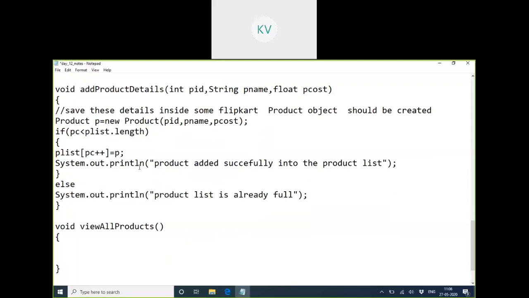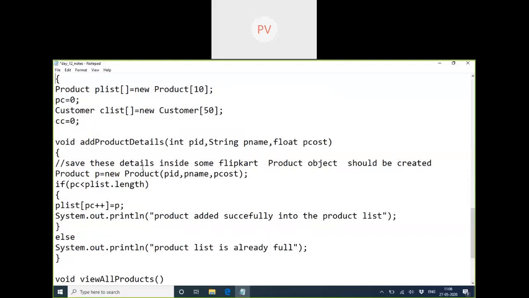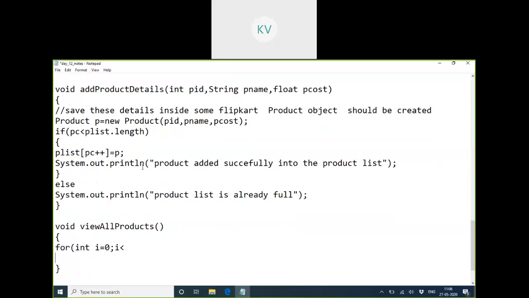Inside the array we have all the products. We don't know how many there are right now, so better to take a for loop starting from zero. But how will I count how many products there are? Array length is 10, but we currently have only 3 products available in Flipkart. Did we take any counter variable? Yes, the product counter, so we can use that.